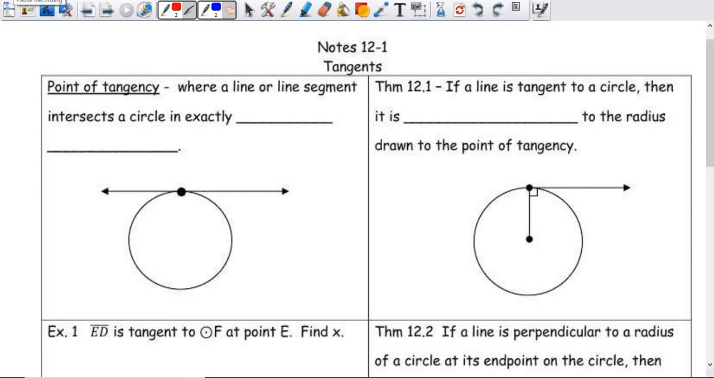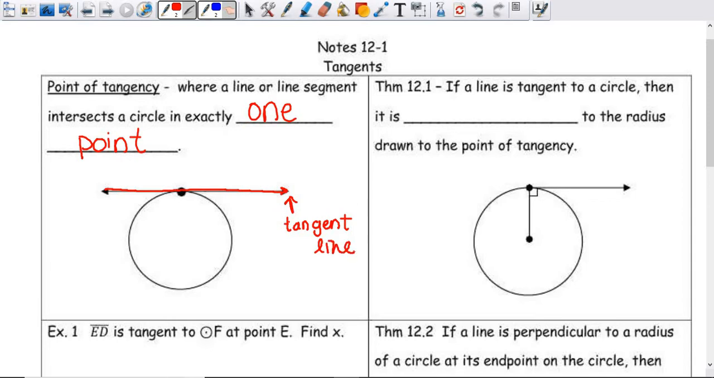All right, now that we know all of our circle basics from 10.6 and 10.7, we're going to get into a bunch of different theorems with circles. And that first one is going to be about tangent lines. So first we need to define some things. A point of tangency is where a line or line segment intersects a circle in exactly 1 point. So this line right here would be a tangent line,